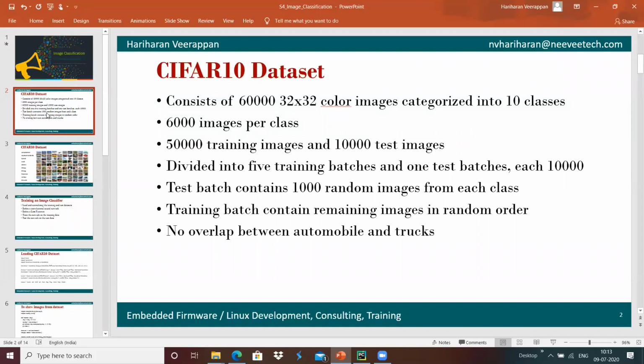And the CIFAR 10 data set is a fairly large training data set, which has two kinds of data: training data and test data. The training data will be used for training our neural network, for training a particular classification or object detection.